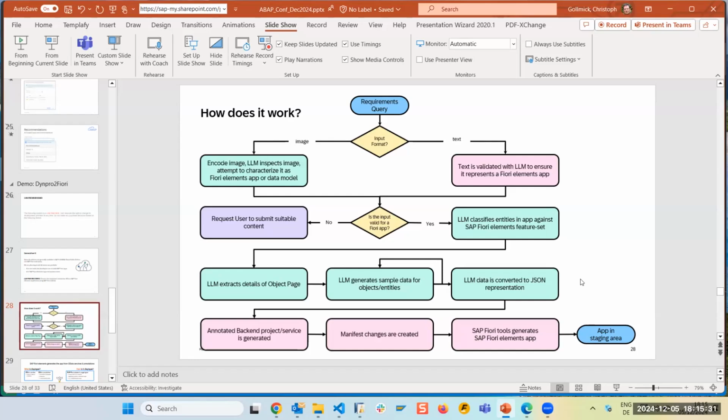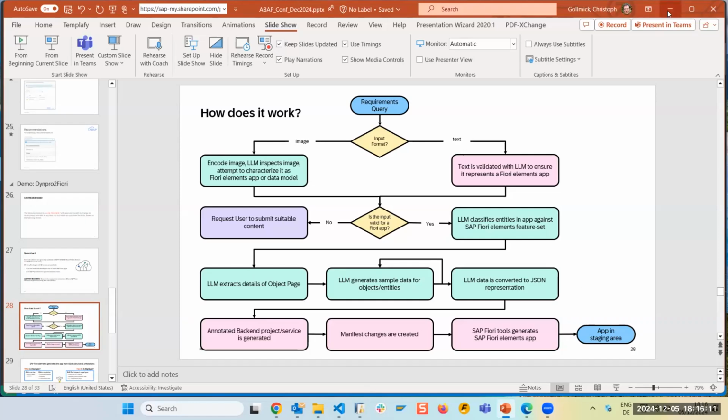So in this particular case, what's happening is that based on this JSON model, we're creating a RAP service in a system in the backend. And then the RAP service is consumed by the front-end tools, and the Fiori generator will create a Fiori Elements application on top of this. This will be put in the so-called staging area. This is an area where you still can refine and rework the application, or rephrase the question and let it regenerate. And if you are then happy with that, you can accept it, and then it's going in your normal dev space. This is how it currently works.